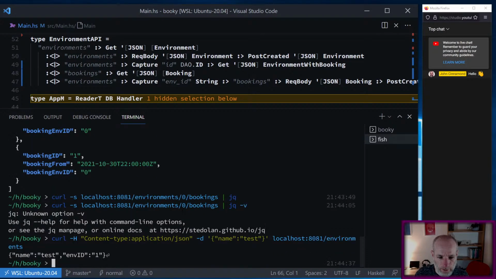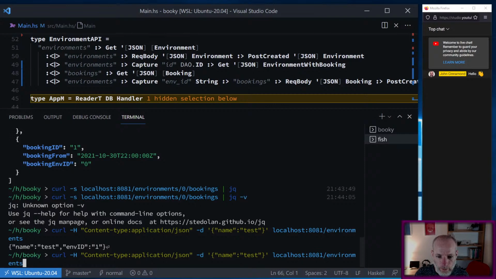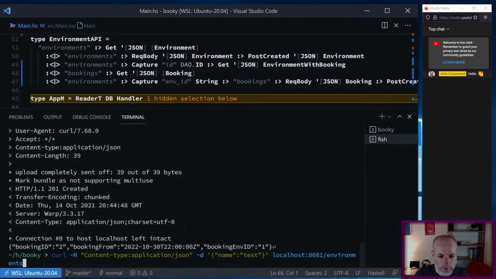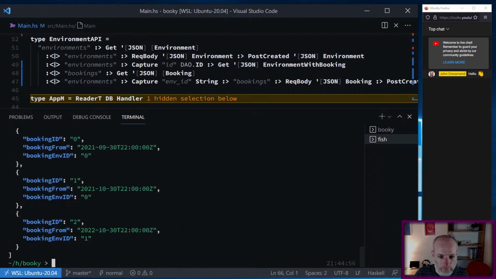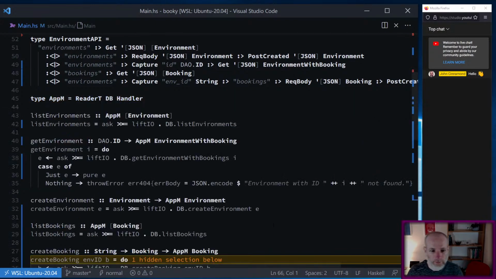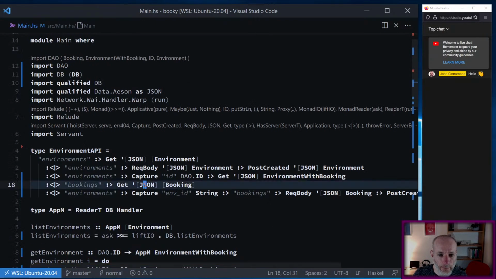Okay, that creates a test for me. And then if I create a booking against test, this 2022, so very well organized here. Then if we get the bookings back, yeah, it's showing all of them for all environments, which is not what I want. So I'm going to go and fix that. So what it should actually be is